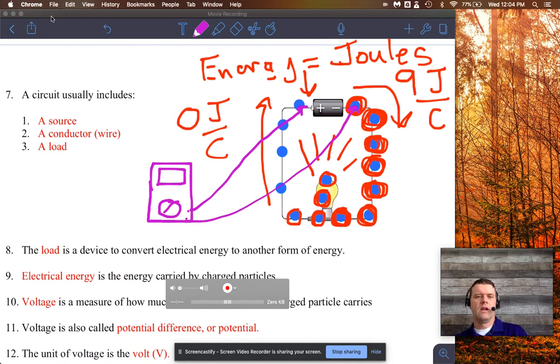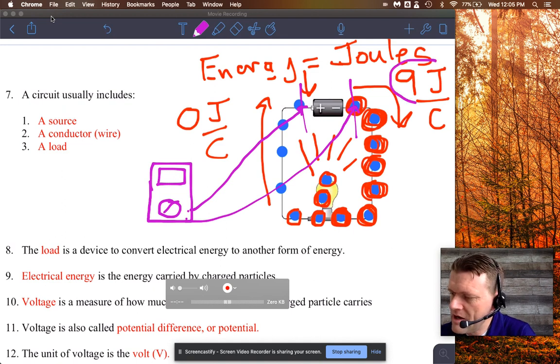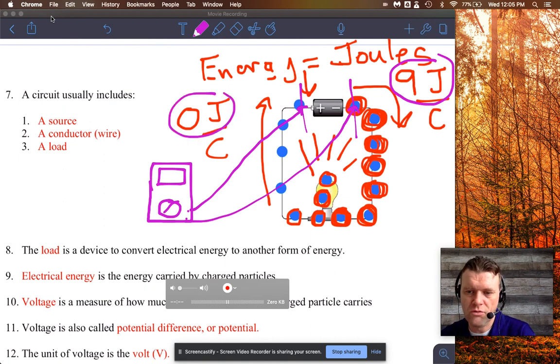Okay. And when we would do this, it would read the potential difference in energy from this position to that one. And as you can see, I did this on purpose. Initially, we had 9 joules per coulomb of energy, and then over here we had 0 joules. So the voltage here would be 9 joules per coulomb,